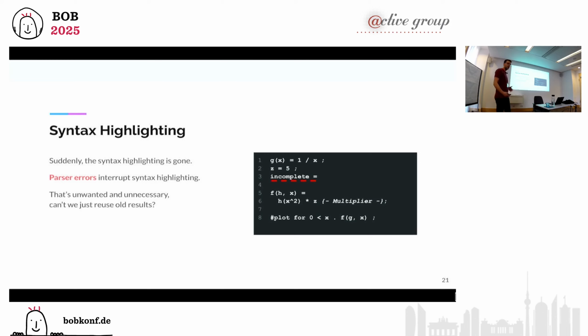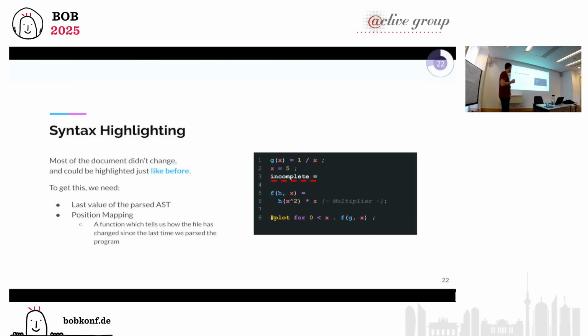Okay, so how can we do that? How can we reuse these old results? What we actually want is something like this: syntax highlighting for stuff that hasn't changed, and ignoring the syntax highlighting for stuff that changed. To do that, conceptually in the language server we need access to the last time our program parsed. So we need access to the AST from the last time it parsed. And then we need a function, called position mapping in the Haskell context at least, which tells us exactly how the file has changed since the last time